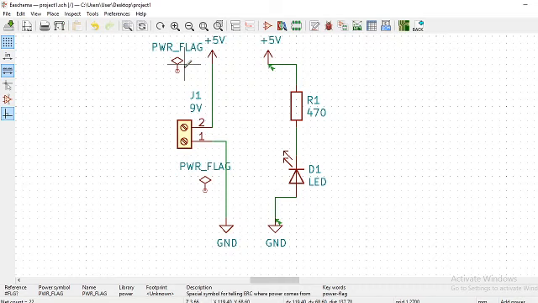Okay, so place two of them, then connect them to the ground pin and VCC.